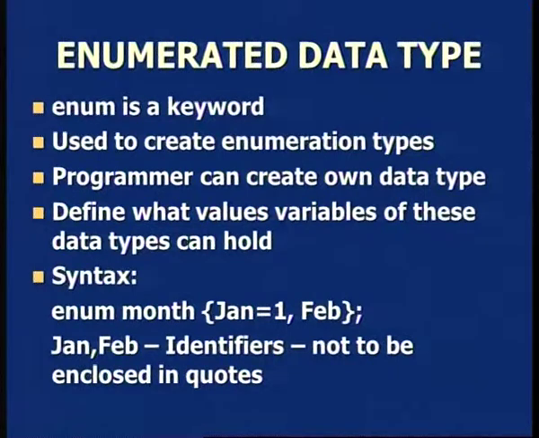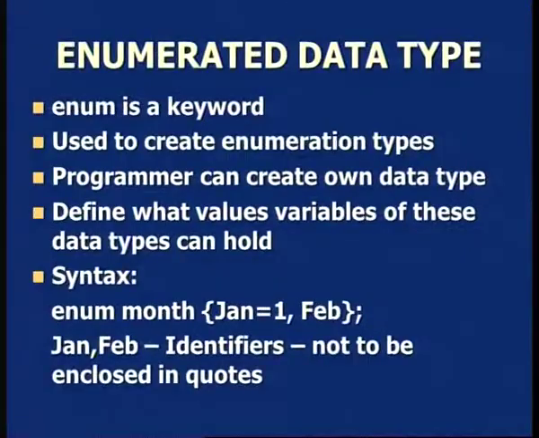So month is the data type that is being created, enum is the keyword for creation. The values that the data type can hold are present within braces terminated by a semicolon. They are called identifiers. They should not come between quotes. They should only be placed between braces. These are the rules to be followed. And here if you see, I am explicitly giving Jan is equal to 1. Now we will see why it is so in